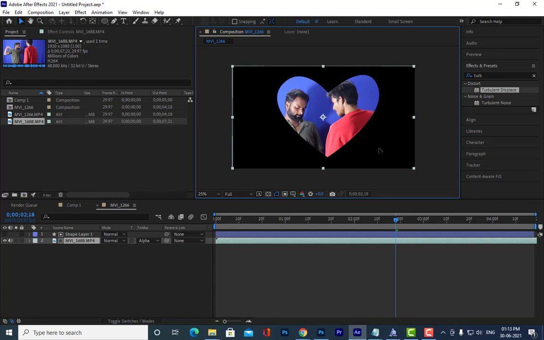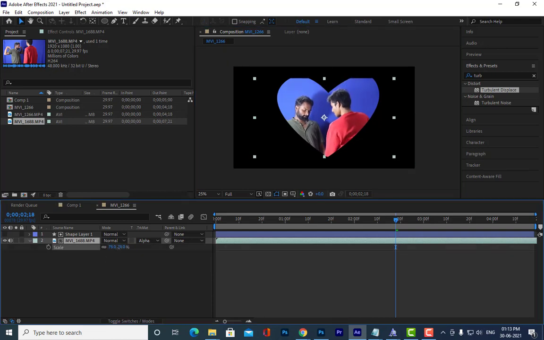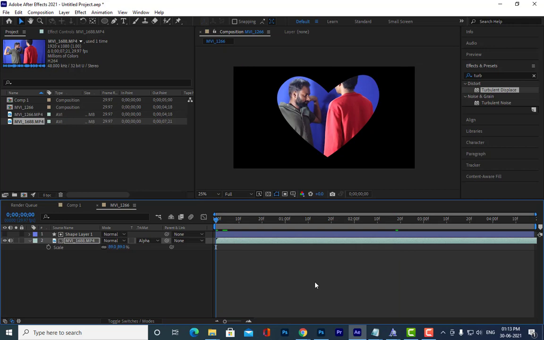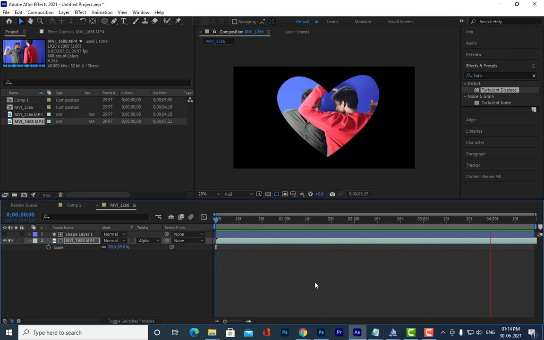Now the video is inside the shape like this. Is it clear? Now it's playing, and you can hide the sound. Is it clear?